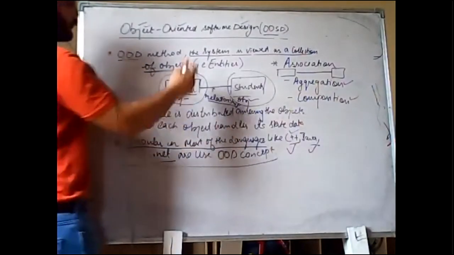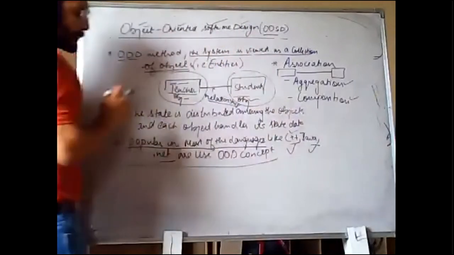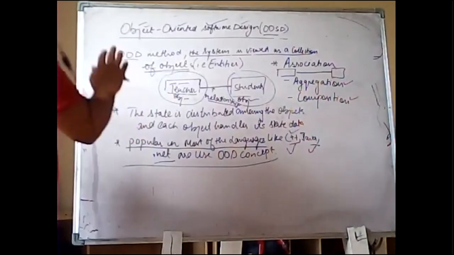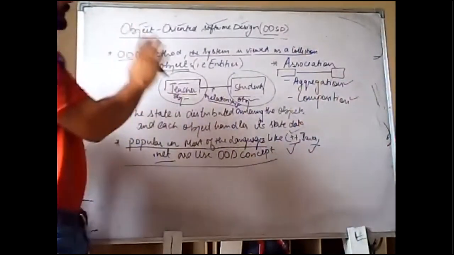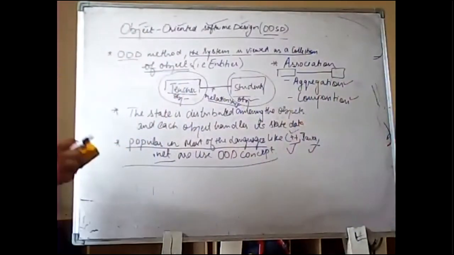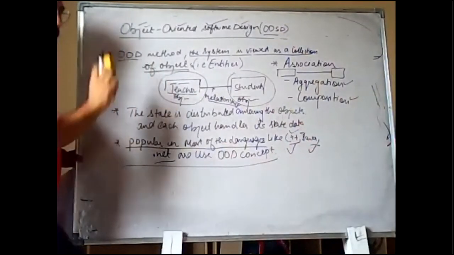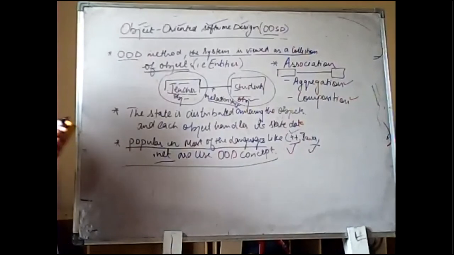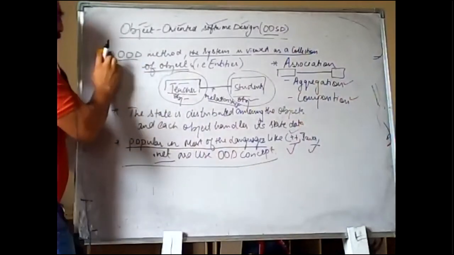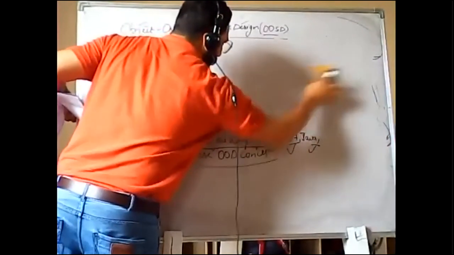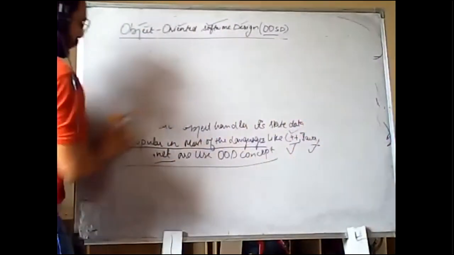And according to that, we have to first design the product, then we will have to implement it. That is why we have to make a design according to the OOPS concept also. That is why the name is given object-oriented design or object-oriented software. That's all about object-oriented, and that is why we draw these diagrams.